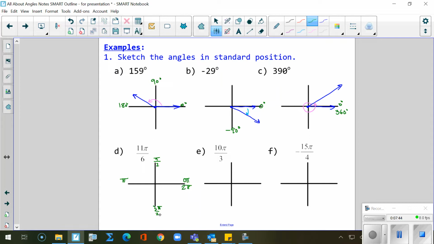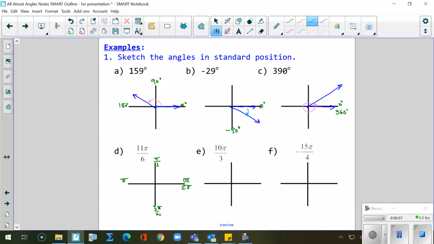Help me out. 11 pi over 6, where on earth would that be? Well, go ahead and divide 11 by 6. 11 divided by 6 is a little bit less than 2. It is 11 divided by 6,